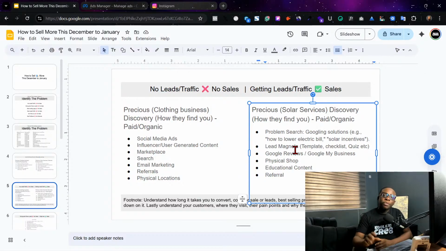The person can download. Anybody that downloads that checklist, meaning that person is interested. You may not use a checklist, you may not use a template, you may use a quiz. Like take for example now, do you need a solar panel right now? Take this quiz. Once the person fills this quiz, let's say the quiz is set in a way that when the person gets a higher score, this person is a qualified lead, right? Then the person comes into your lead funnel and the rest.